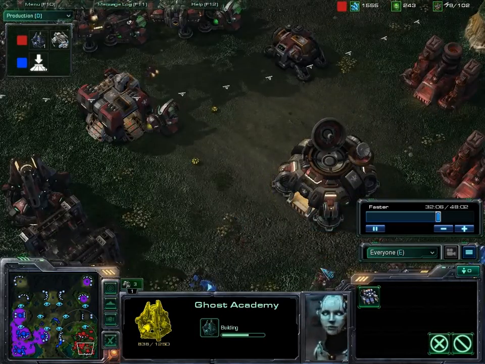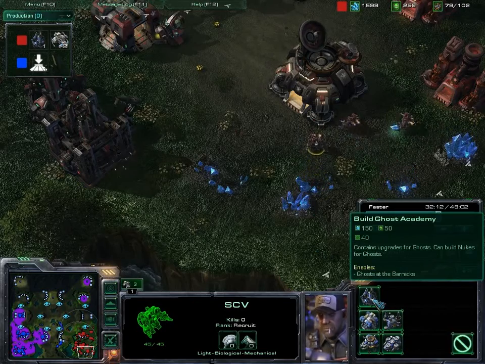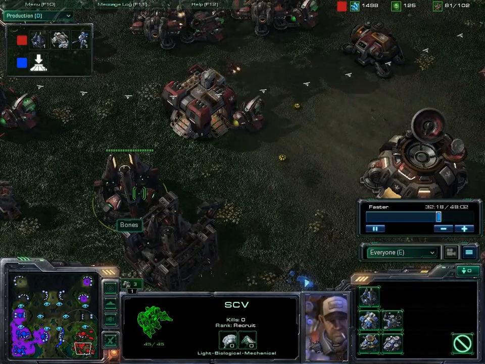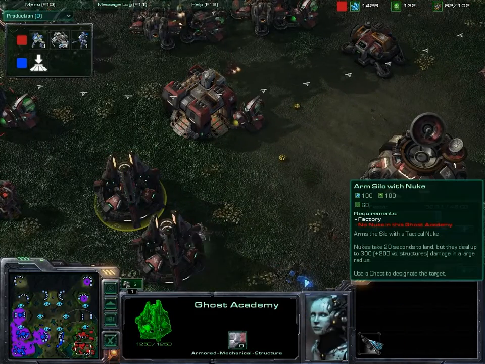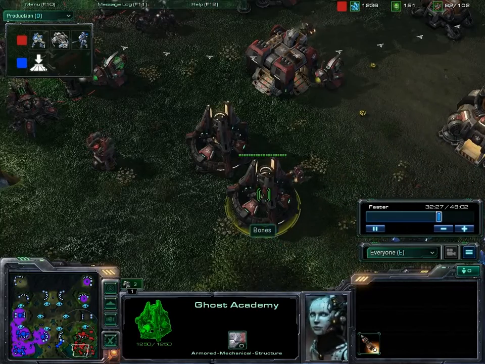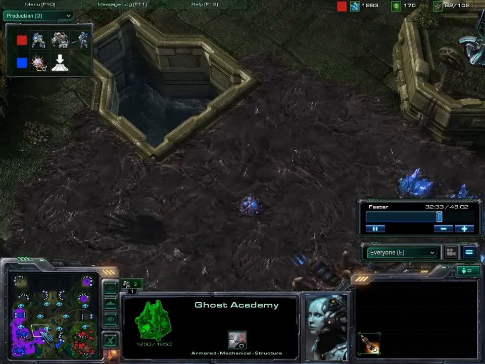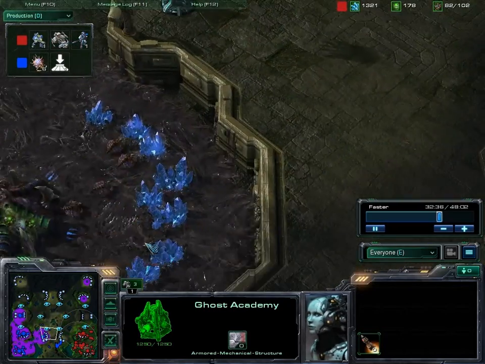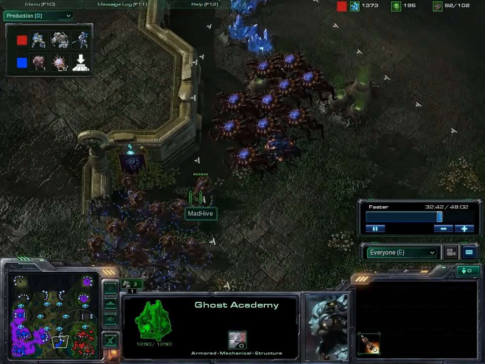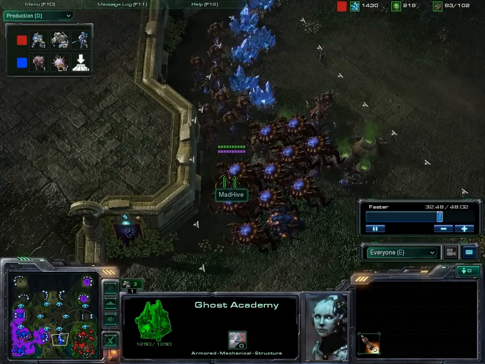How much does it cost to create a Ghost Academy? 150 minerals, 50 gas. Oh, that's not too bad a deal, actually. Then the nuke itself is 100, so you know that's not a bad deal. Get yourself some nukes, and I'm researching Burrow for some reason and trying to get as much of an air force up as I can because I am sick of these battle cruisers